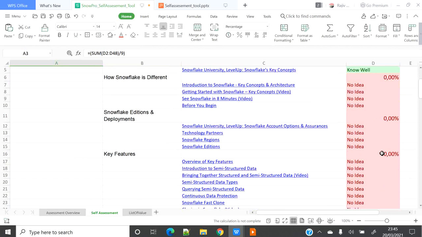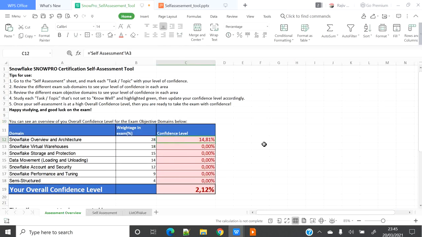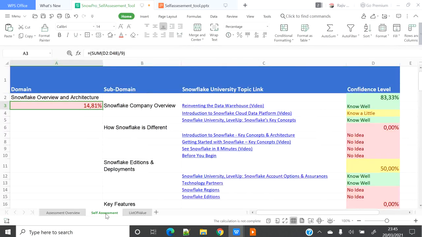The moment you keep increasing the confidence level here, you will see the confidence level also increase over here proportionately, and this is reflected at the top. The moment you have all as know well, it will convert into 100%, and when all subtopics and subdomains are 100%, then this main topic will have 100%.